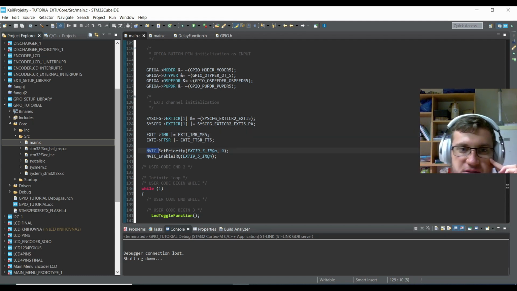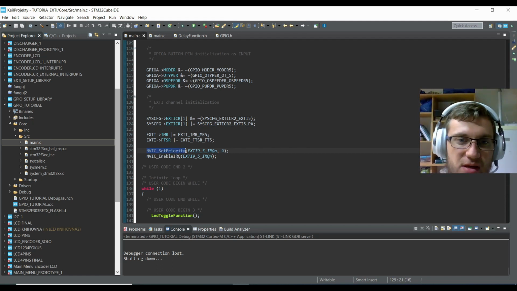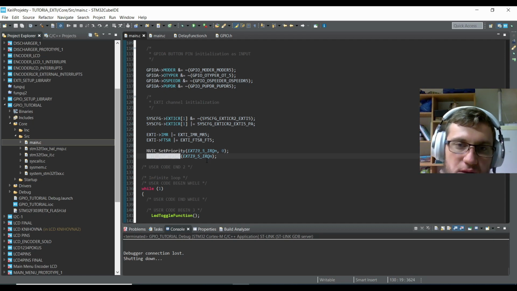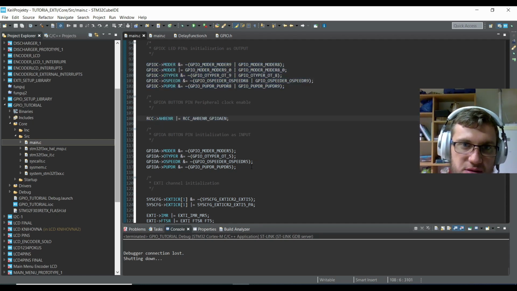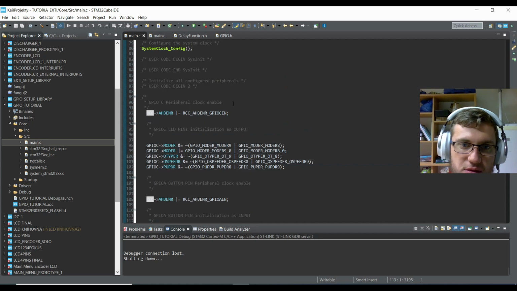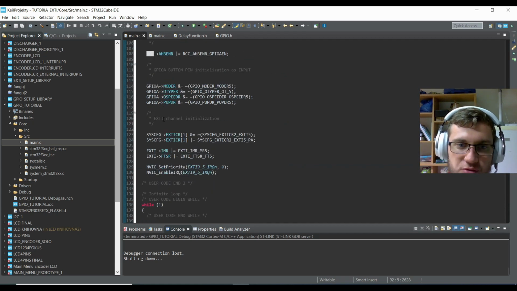And then in the nested vector interrupt controller, we have to set priority and enable the interrupt request. So we already sorted this, this, and this. And we have to start with